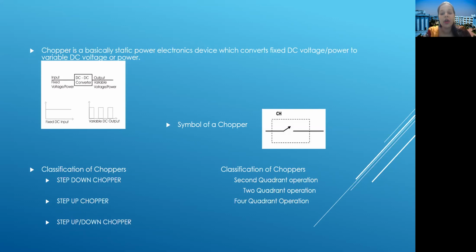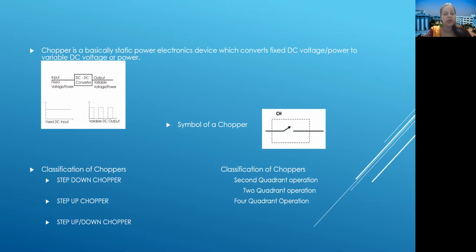Now, the symbol of chopper: you can see this is the symbol of a switch. Yes, the chopper circuit acts as a switching circuit. Any power electronic device acts as a switching device in the circuit. In place of this switch, we can use an IGBT, MOSFET, or any type of transistor, but in the circuit, whenever we draw this symbol, it will symbolize the chopper.